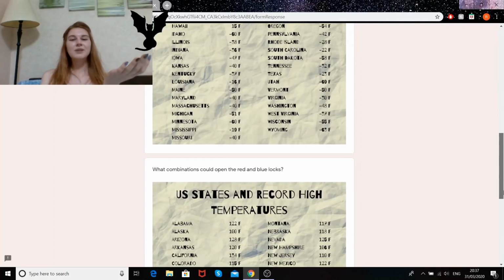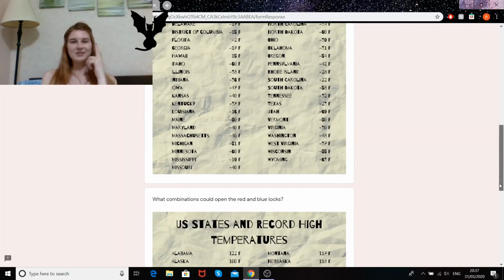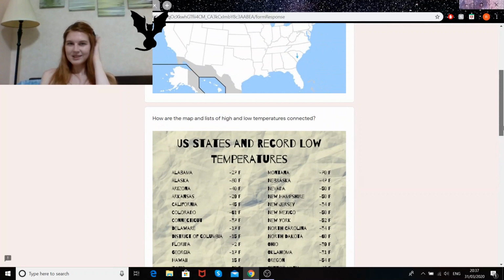Okay, it says record low temperatures. Okay, and record high temperatures. I'm really dumb. I should have just could open the red and blue locks. Okay. So...